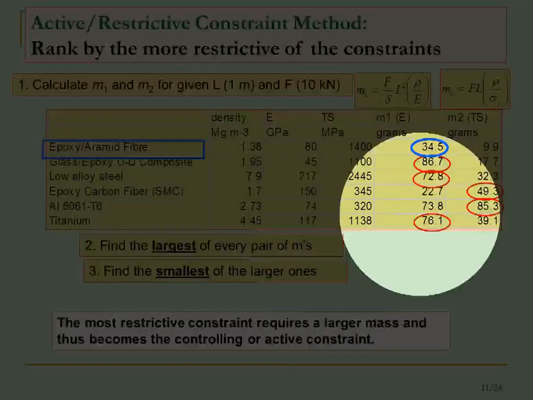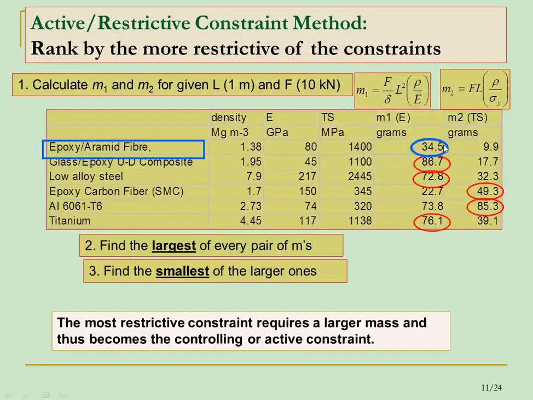And we have seen here that for, let us say, the three materials here, 1, 2 and 3, constraint number 1 becomes active. For fourth and fifth, constraint number 2 becomes active, and for the last one, constraint number 1 again becomes active. But keep it in mind that we have calculated m1 and m2 as the absolute values of masses, which not only depends upon the material properties rho, E, rho and sigma y,